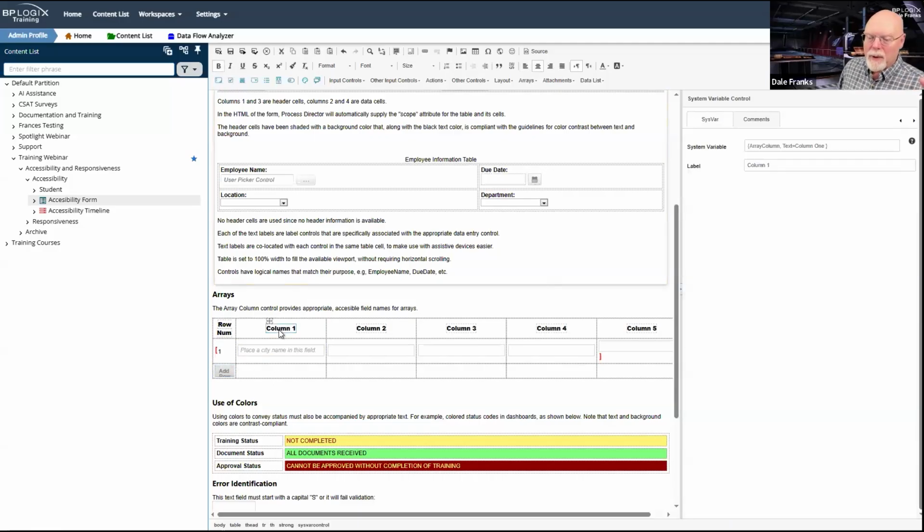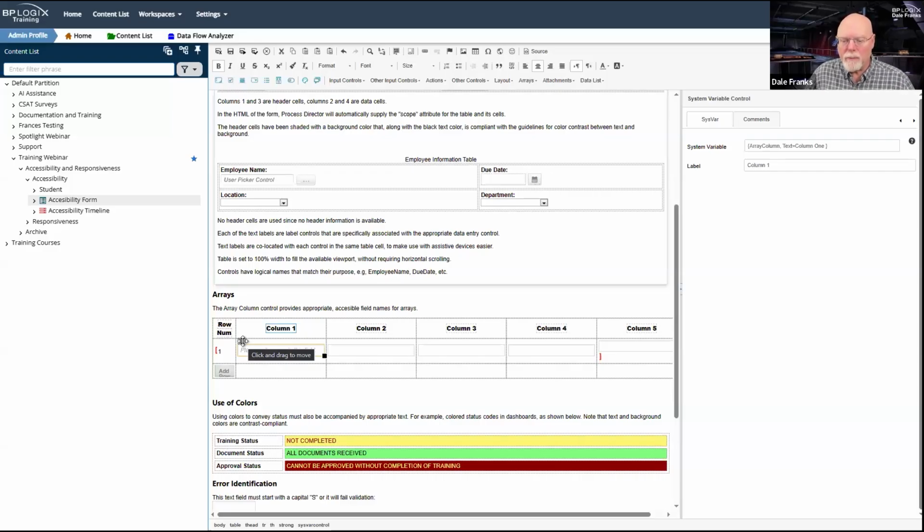Because I can have 10 rows in this, array one might have 10 elements to it. On the form, they're all separate form fields, but they're not really, because they are all just separate text boxes that are indexed to allow you to put multiple values into that same text field.